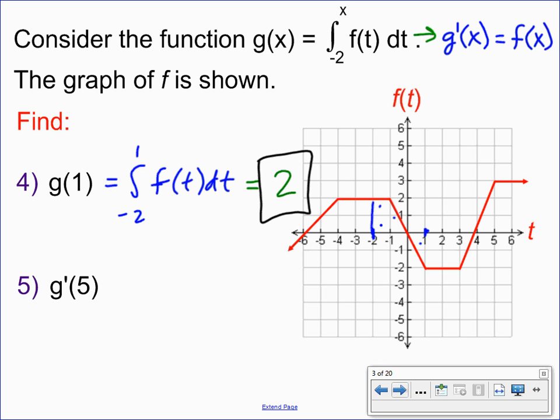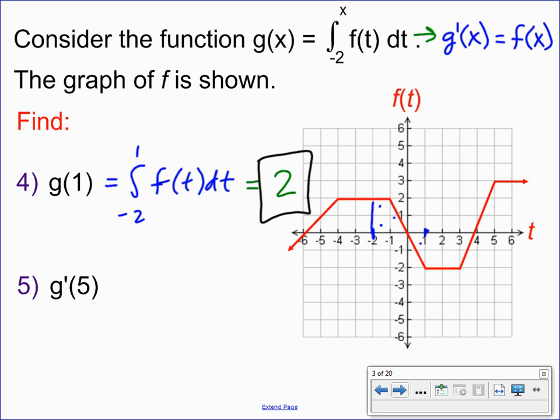Differentiating both sides would get me g prime. Differentiating the right-hand side would undo the integral and get me right at that inner function, the integrated function. But now I've got the x in there. You can think about why we have x in there again. Remember, we started out doing this the long way, right? The long way was find an antiderivative for little f and evaluate it in accordance with the fundamental theorem of